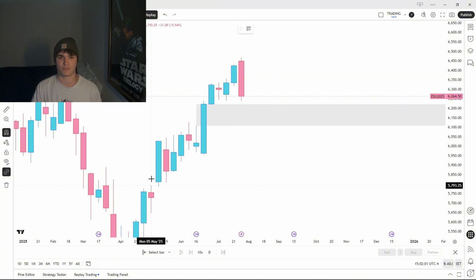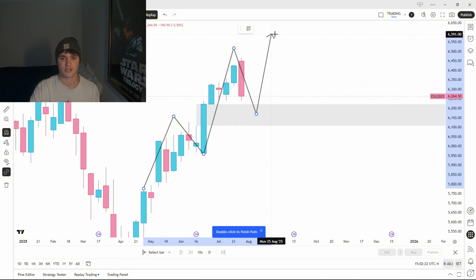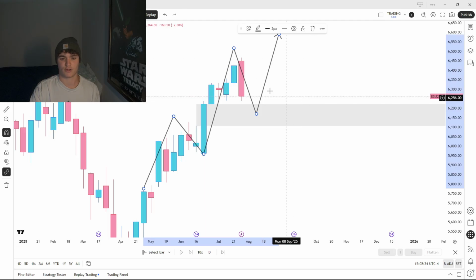And so that's why nobody should be panicking or throwing in the towel over this downside, right? Everyone's become spoiled because we've been moving up for months straight since the tariff tantrum. But right here, we had something like this where we didn't retrace into any weekly imbalance, but we had to pull back before we continued up. And now we're just doing it again. This is an uptrend, guys. It's never perfect. It's never all at once. So I do think that this is kind of what the market's doing right now.